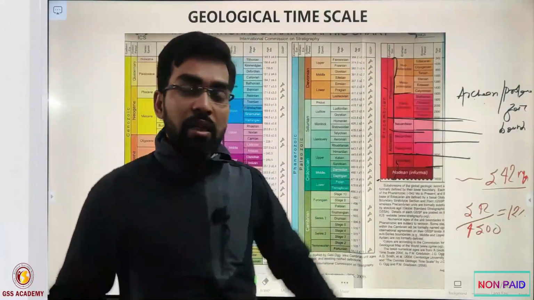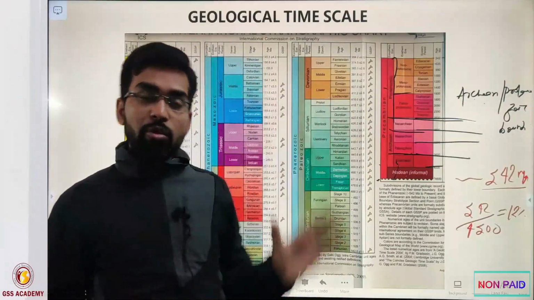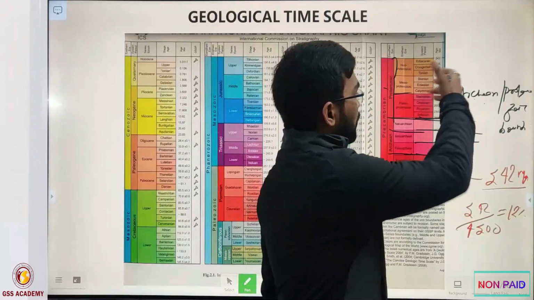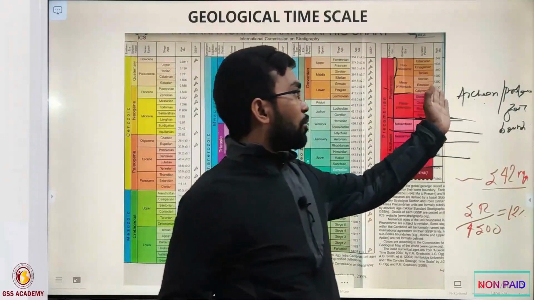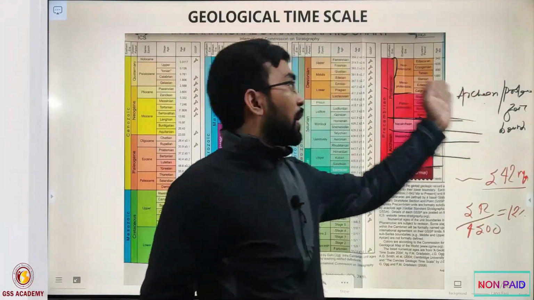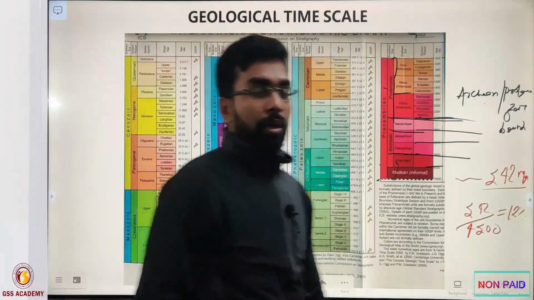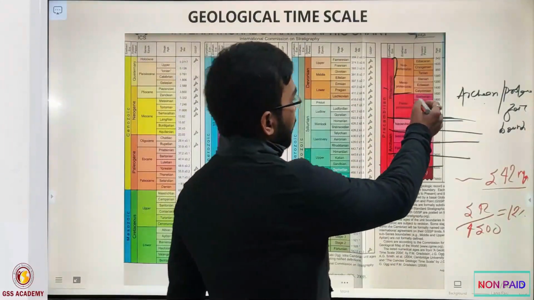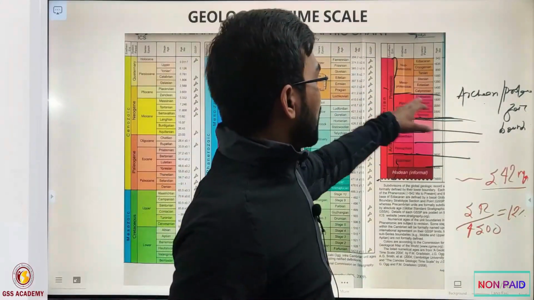In these languages in the literature they write. So you have to understand that, and you have to remember that the Paleoproterozoic means the age span of 2,500 to 1,600 million years, the Mesoproterozoic age span of 1,600 to 1,000, and the Neoproterozoic age span of 1,000 to 542 million years. These are further divided into Siderian, Rhyacian, Orosirian, Statherian.